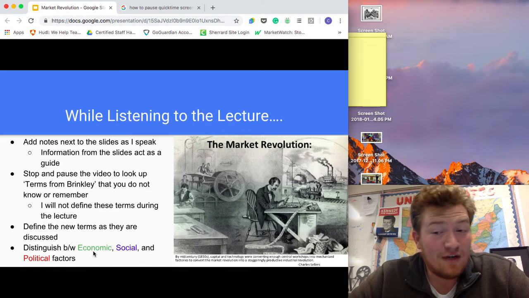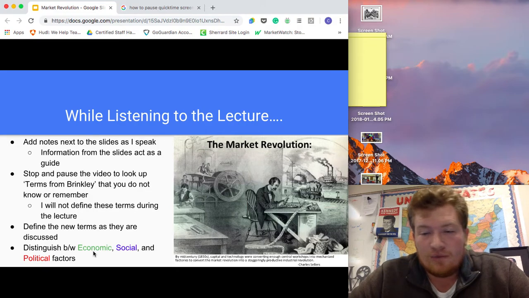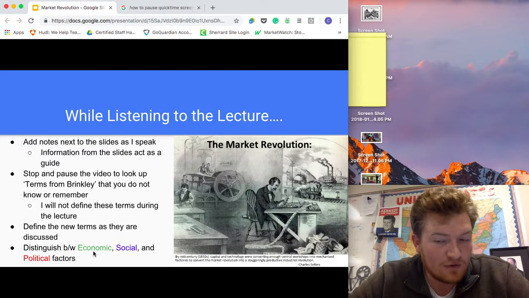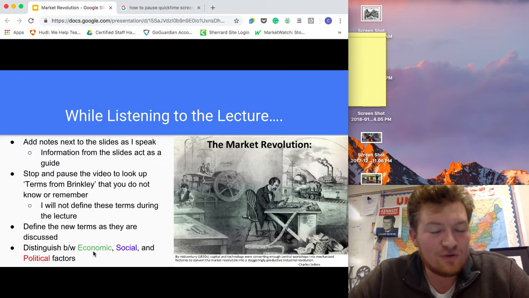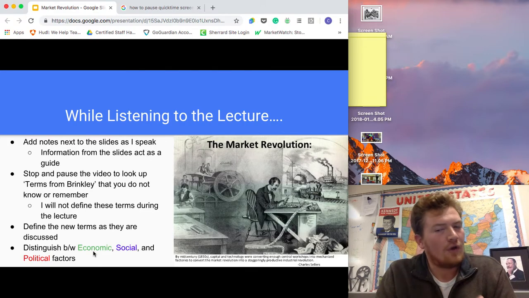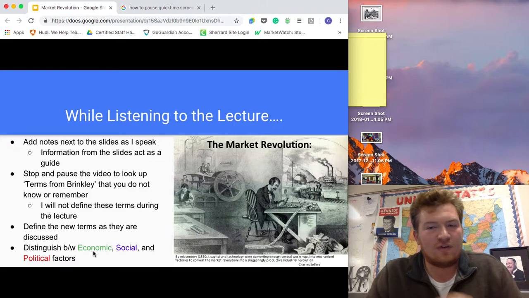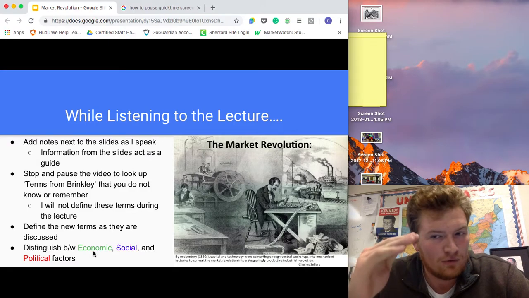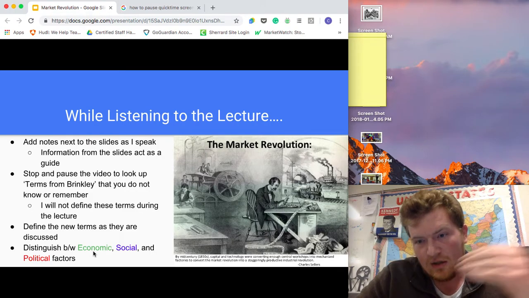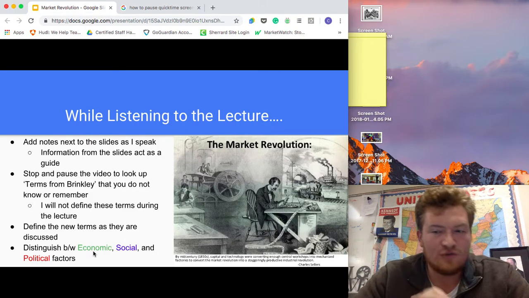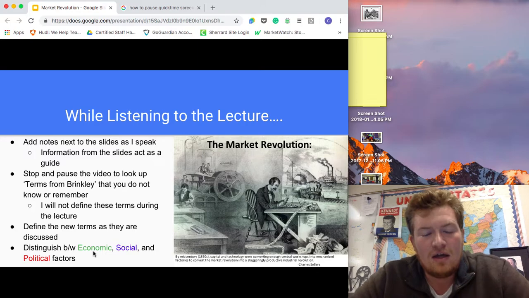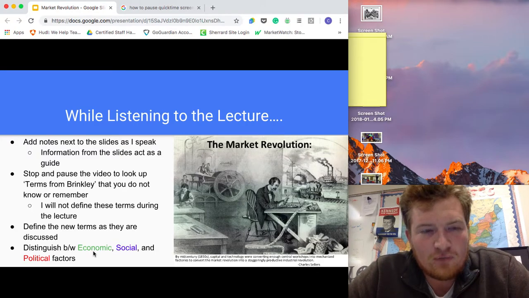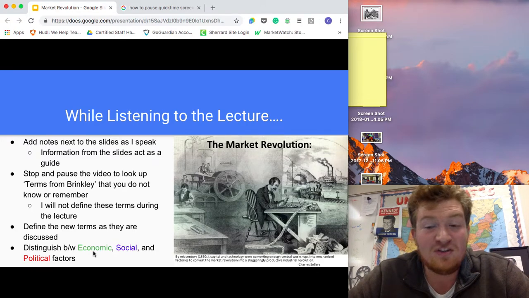Besides that, very important is this last point. I need you to get out different colors. This could be color pencils. This could be pens. It doesn't have to be these colors, but we need to distinguish these factors and put them into categories. It helps you when you're writing this DBQ on Thursday, when you're going back to these notes, it's going to help you make sense of all of this, because I'm not going to discuss economic changes, social changes, and political changes separately. All of these things kind of mesh together, and color coding your notes is going to help you decipher between these three different factors.